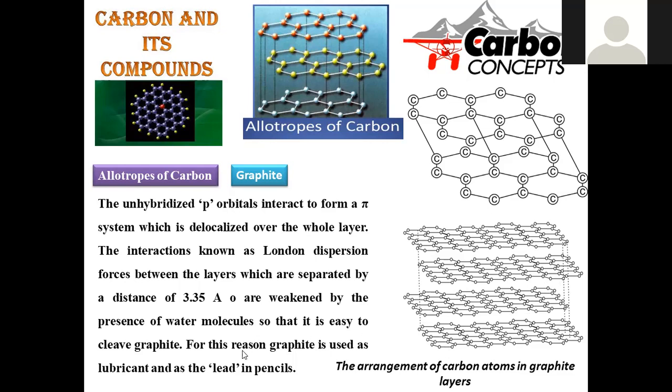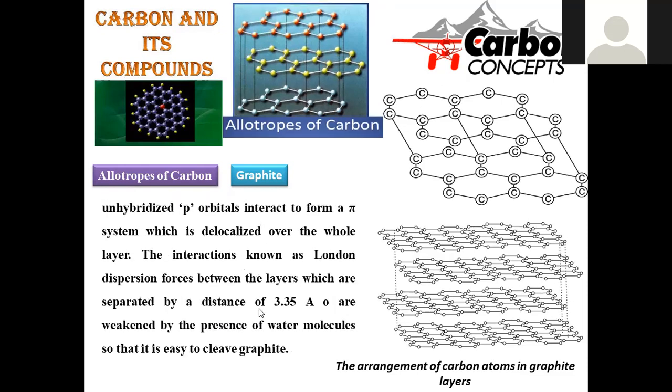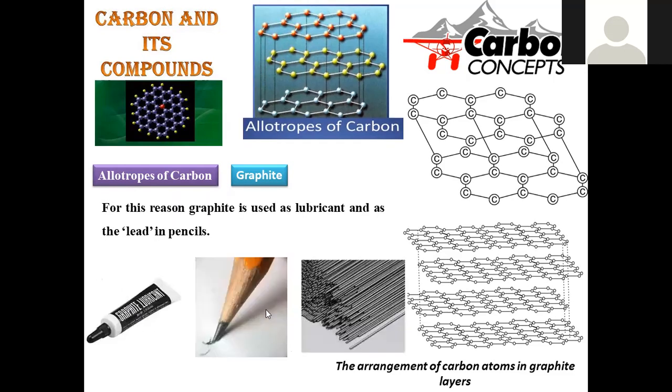Among rubbing surfaces, a lubrication property is imparted just like oily substances. Greasy, waxy materials also have such lubrication. Pencil lead is also made up of this carbon, which is another application of graphite. So here you can clearly observe this is a lubricant we can use to avoid friction among rubbing surfaces, and this is the pencil lead which is used to write things.